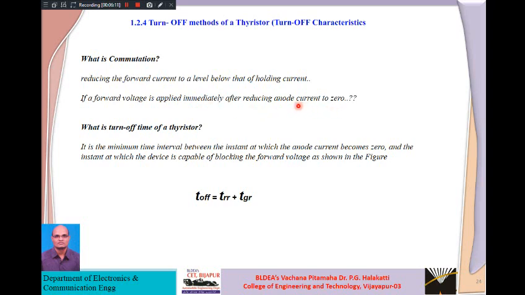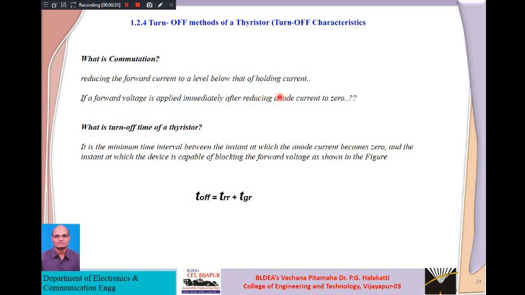And the three junctions J1, J2 and J3 are still not in a state to block this forward voltage. We blocked the forward current from increasing by bringing it down to the holding current. Listen here carefully. We reduced the anode current, or forward current, below the holding current, but still we are not successful in blocking this forward voltage, so that we get the reverse voltage, and our SCR will become off. Off means reverse biased.